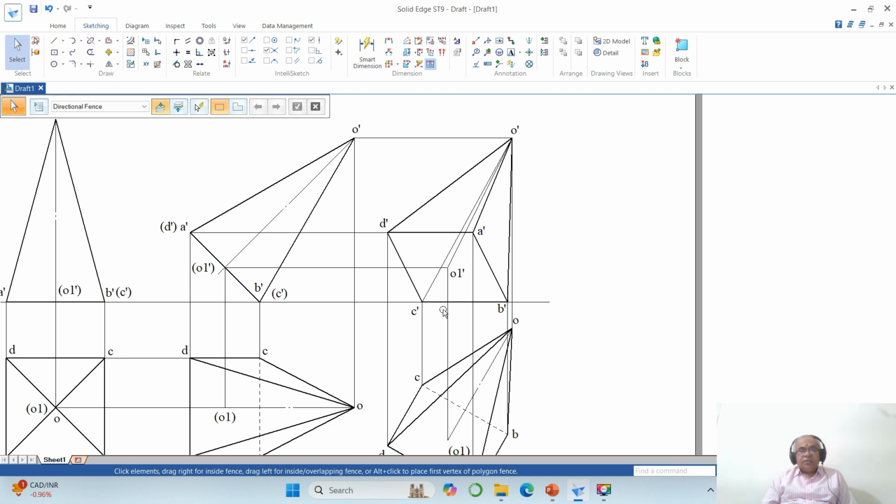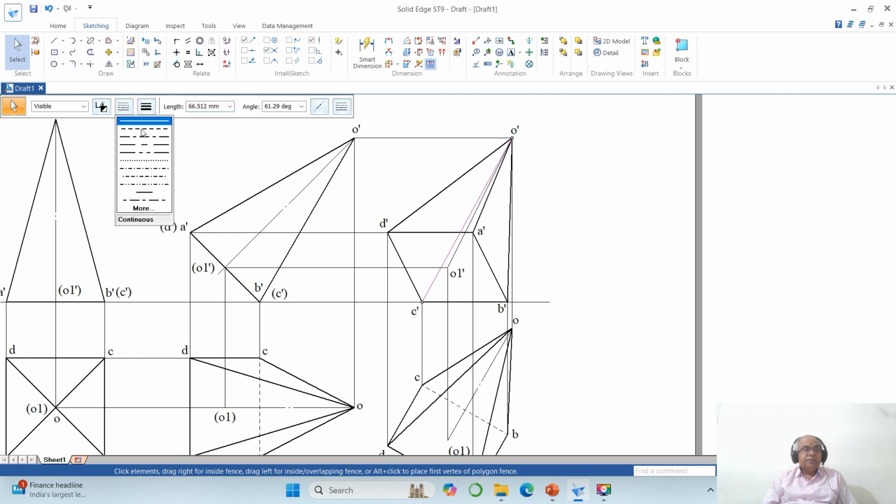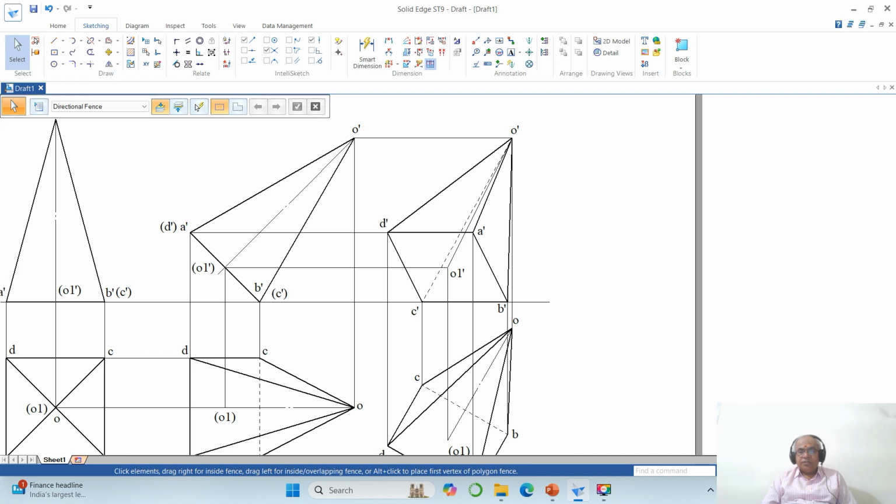So once you do that, only the left out edge is O dash C dash. So as O dash C dash is crossing the visible edge A dash, apply the condition two visible edges will never cross each other. So that means if A dash D dash is visible, therefore O dash C dash should be hidden. Click on hidden edges and you make that edge as 0.35. So this is how you will be able to write the solution on the projections of solids by using the